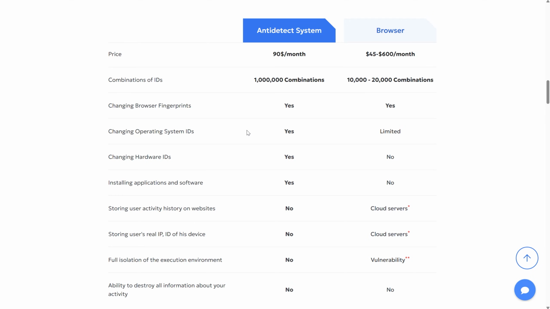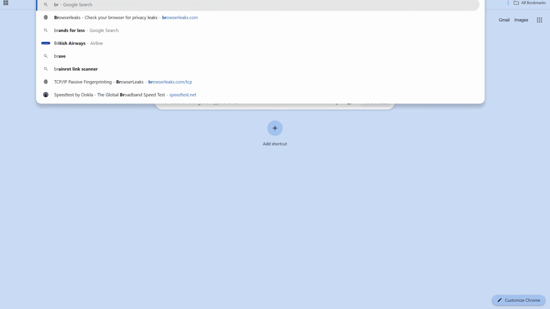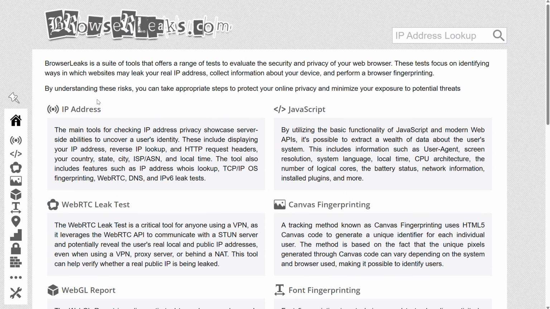Browser anti-detections, unlike my anti-detection, there are a great many of them, more than 200 at the moment. And they actually differ in design, in some cases functionality, but still they are maximally aimed at working with various kinds of checkers. And here, I would like to give you a small example. If you want to use browser-based anti-detections, and many users are fine with them because they are lightweight, easy to handle, and can run on very old hardware. But I would like to draw your attention to one important point right away.